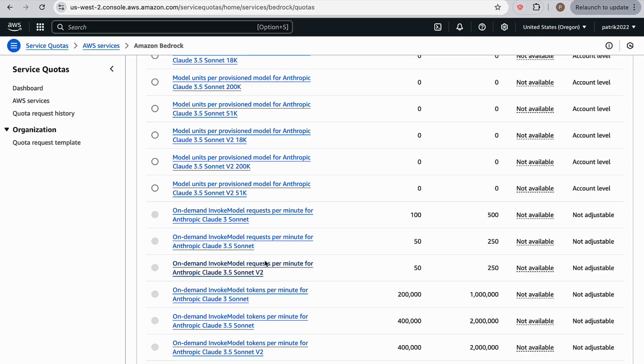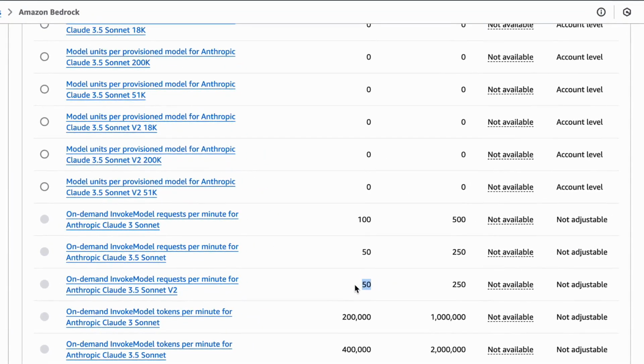Because right now, it's pretty self-explanatory, but with the Claude 3.5 Sonnet v2 model, we're going to be able to make 50 invocations per minute, okay? Which I know sounds like a lot, but once we get into larger agentic, chatbot workflows, 50 might not be enough.